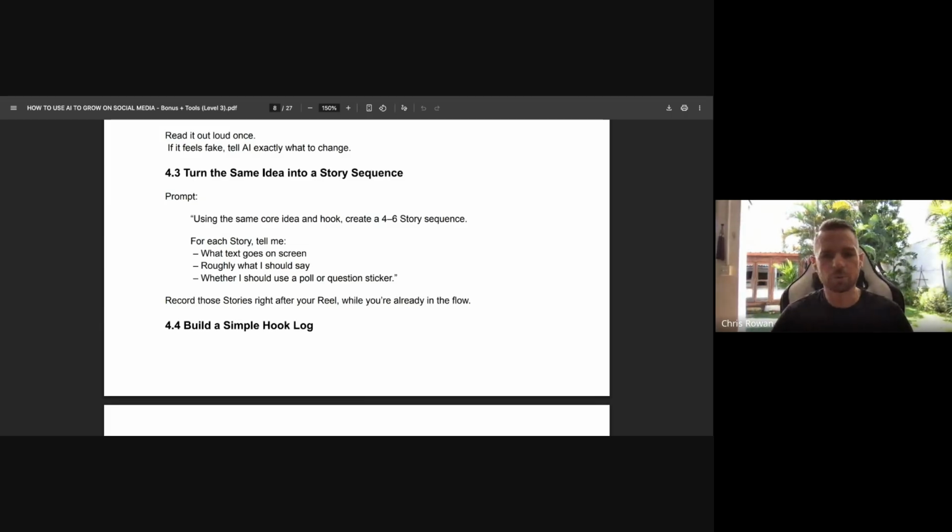Now I need to do a story. Now I need to do this. Like, build it all together. And this used to take way longer, whereas now you can spend an hour and you can have 30 days worth of content all done within an hour, really, once you get good at it and you've gone down the line of practicing. So one of the prompts, using the same core idea and hook, create a 4 to 6